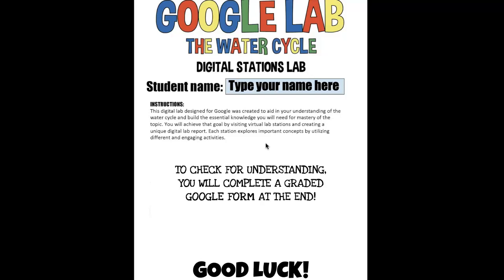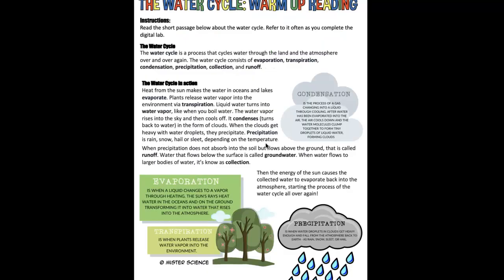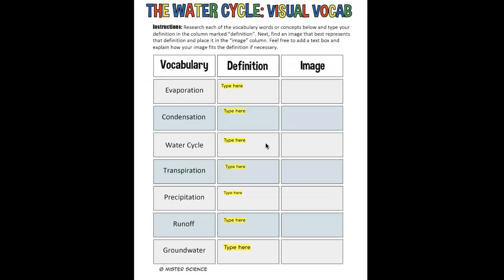At the end, so once you're finished with this document, you'll have to complete a Google form, which you can use this document on. Okay, it's not like I'm making you clear your desk and making you take a quiz. No, use this digital lab station sheet to help you with the Google form. So this just gives you a warm-up reading, tells you the main stages of the water cycle, talks about what happens with each one of them, and tells you that the sun is the cause of all of this. All right. So do me a favor, read through that on your own. I'm not going to waste your time reading it right now.